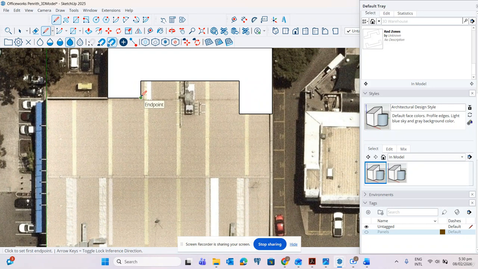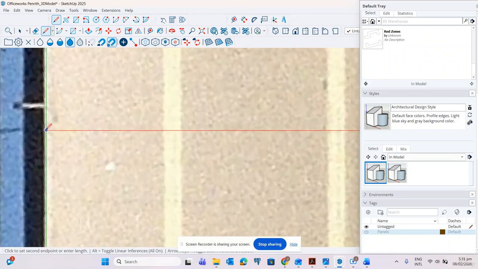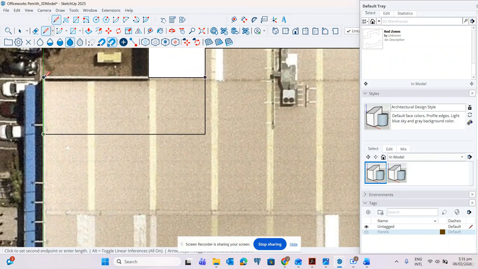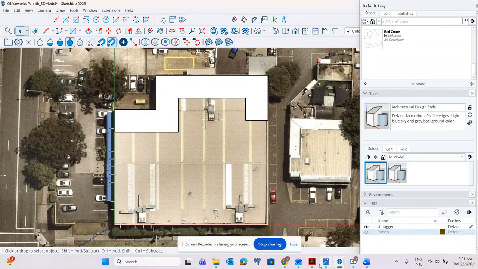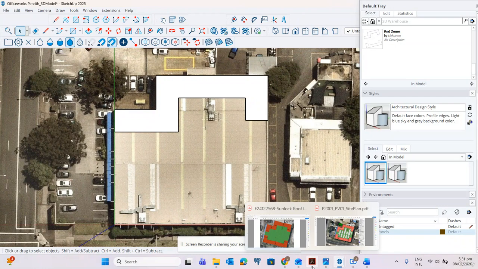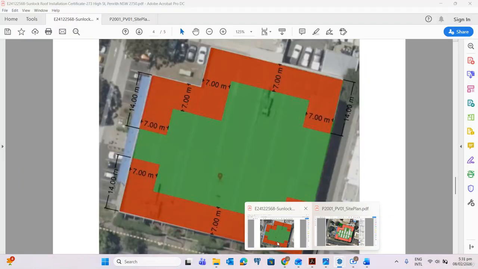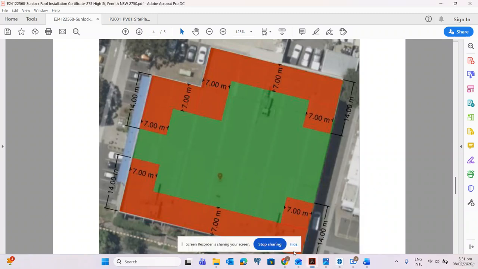Then from here, we will draw 7 meters up to the edge. Then remove. So we already have 7 meters, since it needed to be 14.